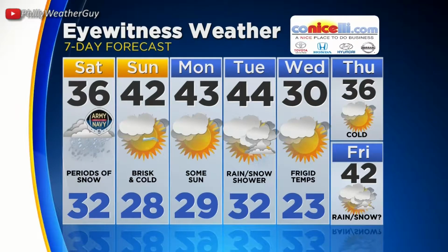42 degrees on Sunday, brisk and cold. It's going to feel more like the 20s out there, but my eye goes right to that Wednesday forecast. 30 degrees for that high temperature. Frigid. Jan. Not looking